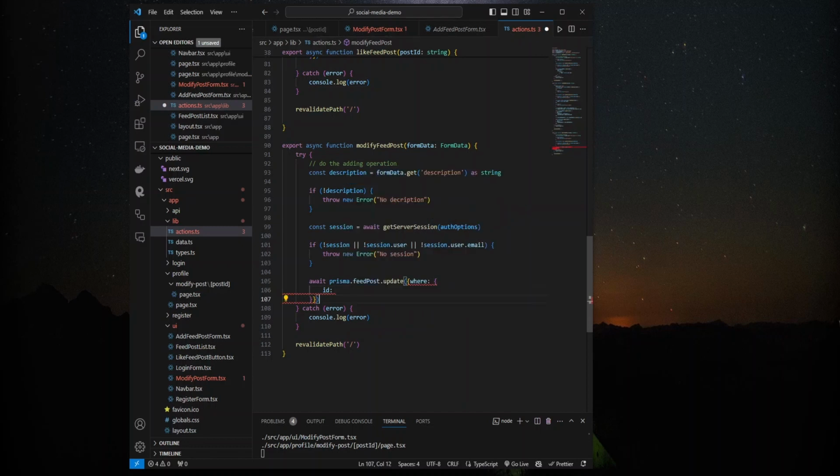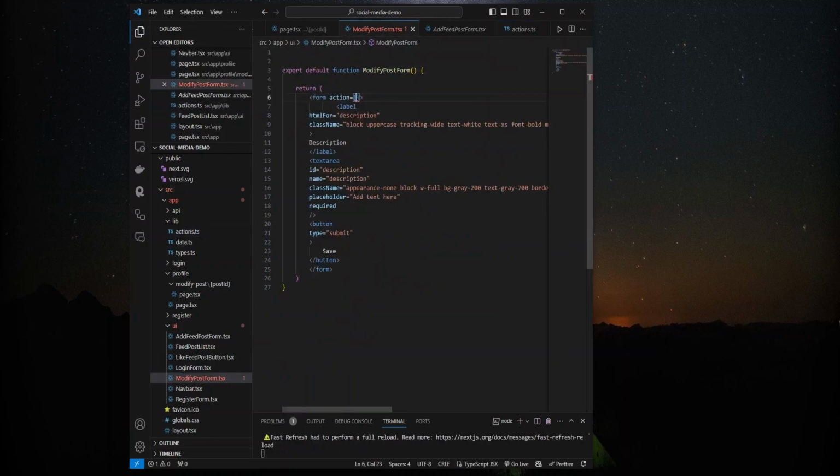ID. And now we of course want to provide the post ID here in our params, and this is going to be post ID, and then the data, we're just going to be replacing the description with the description in this function, and then revalidate the path. There we go. Now we can just hit save here, and now we will need to go here into our